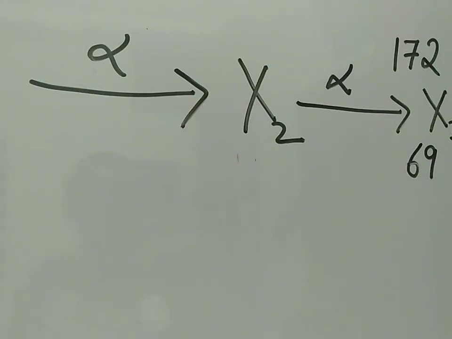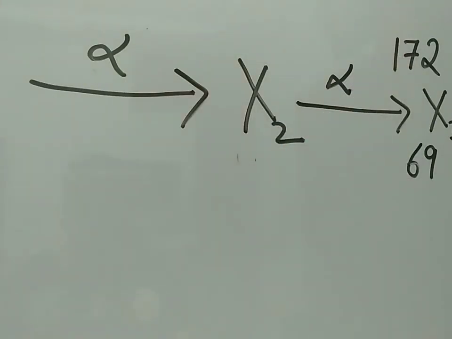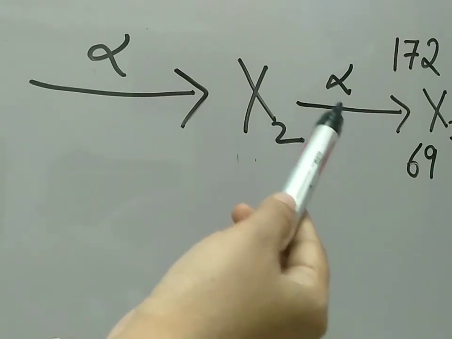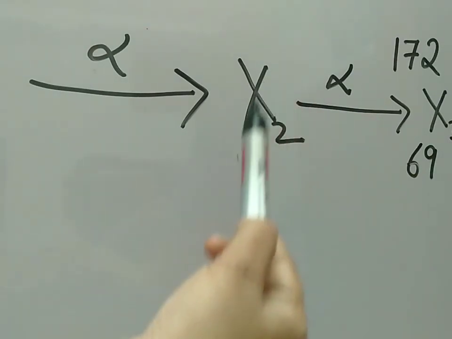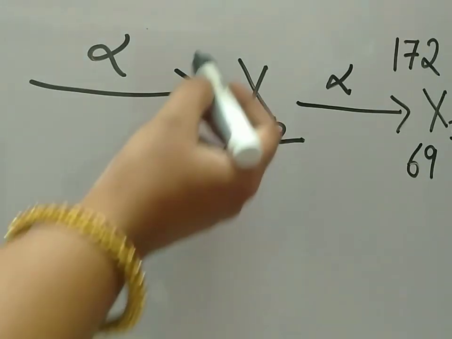But now we are going to do in the opposite direction. So instead of subtracting, what should we do? We have to add. So we are going to connect from daughter to the parent. So 172, instead of subtracting 4, we are taking the reverse. So we have to add 172 plus 4. You will get